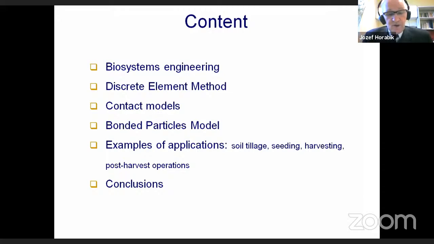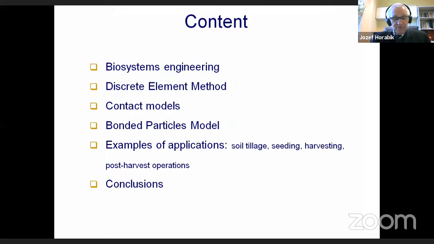Forty years of development of this method proved its high applicability in numerous branches of science and technology, such as physics, civil engineering, material engineering, agricultural engineering, food science, and pharmaceutical engineering. There are a few examples of application to different materials: soil particles, seeds, fruits, fibers, pellets, generally powders, and processes which can be modeled with this method: soil tillage, storage, handling, and processing, next to milling, agglomeration, and so on.